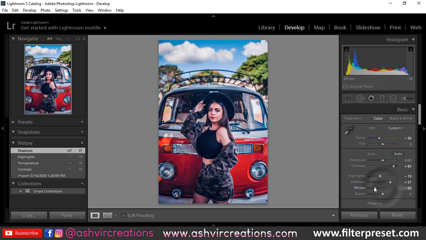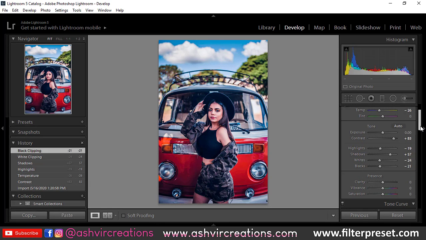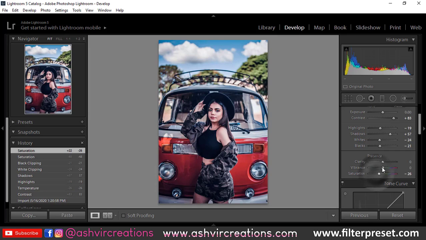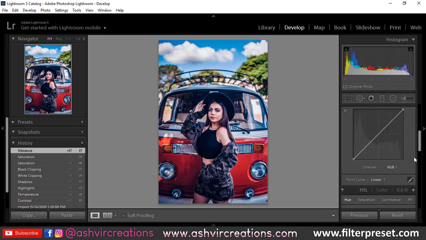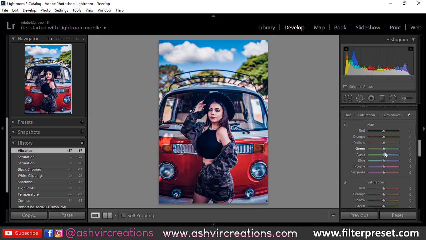Now let's decrease the whites a bit, decrease the blacks a bit. Now I will reduce the saturation and increase the vibrance of the photo. Now I'm going to the HSL tab, go to the hue. Now I'm going to select